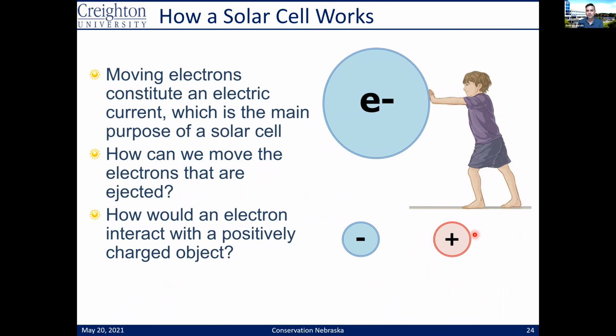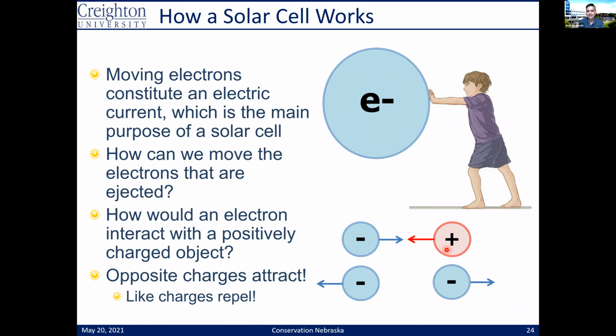So I'm hoping to pull from your maybe grade school knowledge or high school knowledge or maybe even college knowledge about charges. And that's all the time I'm going to give you. So hopefully you remember this kind of rubric that opposite charges attract and like charges repel, right? And so if we can utilize this fact, we can maybe force electrons to do what we want them to do, right? So the critical takeaway from this is that we need to be able to make something positive so that we can attract electrons, or we need to make something negative so we can repel electrons and push them.